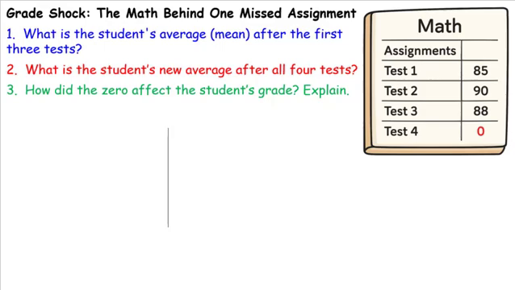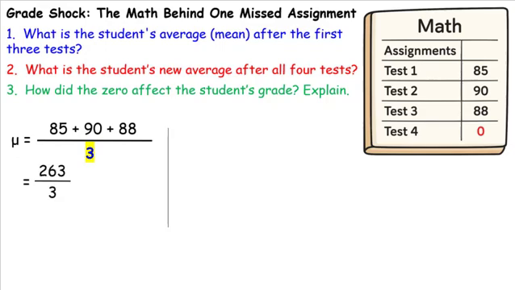Now, one thing that kids really find useful with finding the average is that this is how most teachers typically calculate your grade. Let's find out this student's grade after the first 3 tests and then after the 4th test where they scored a 0. We're going to add 85 plus 90 plus 88 and divide that by 3. This gives us 263 divided by 3, which is